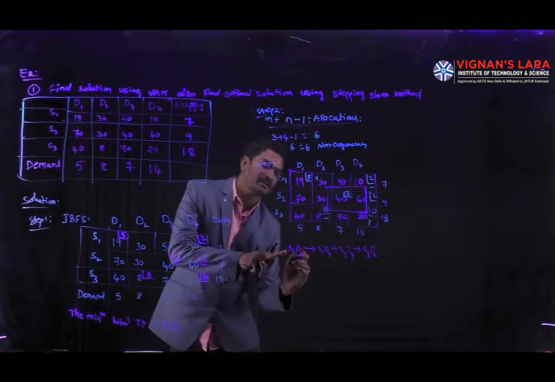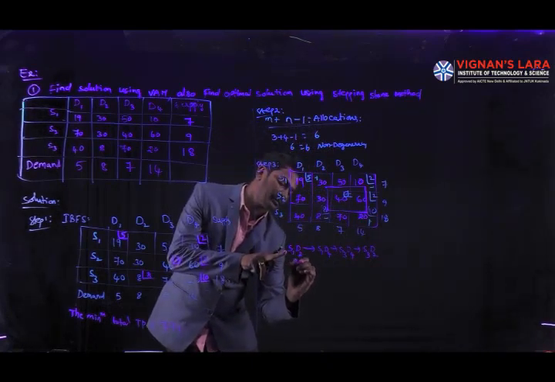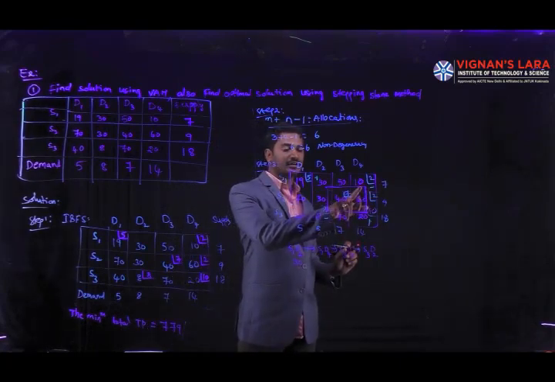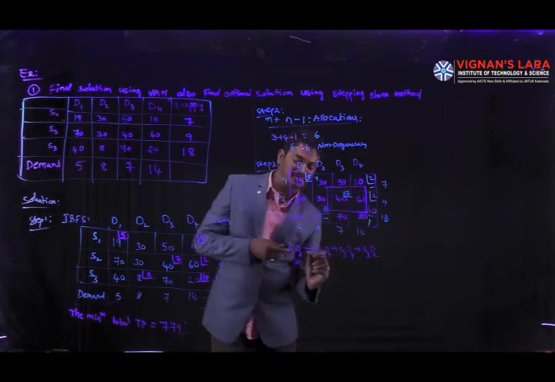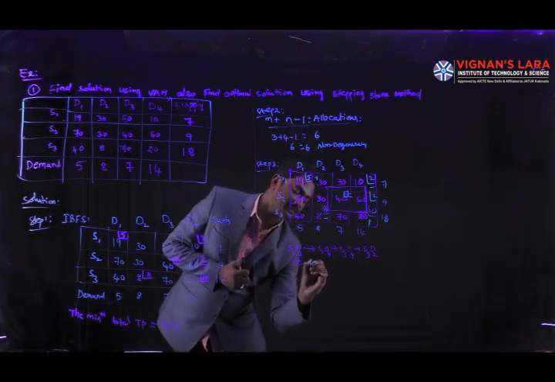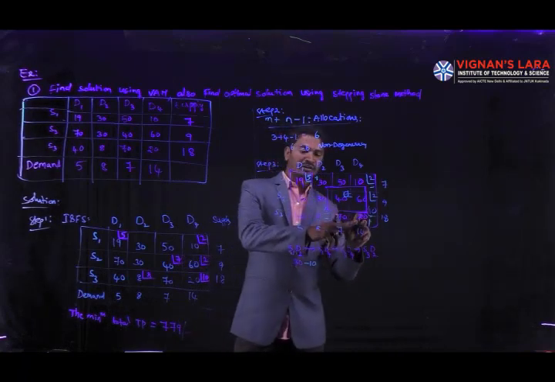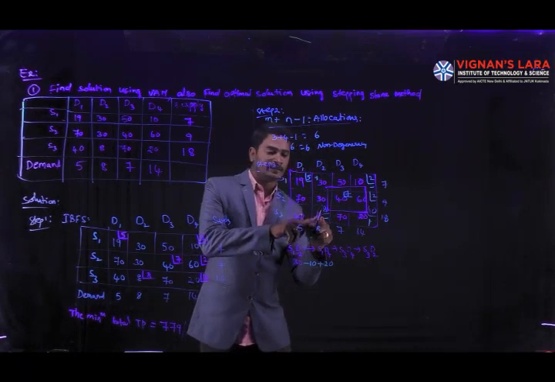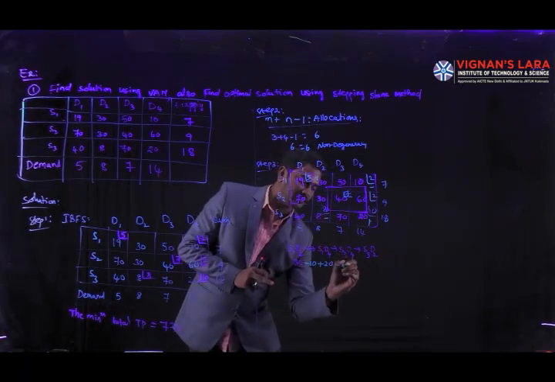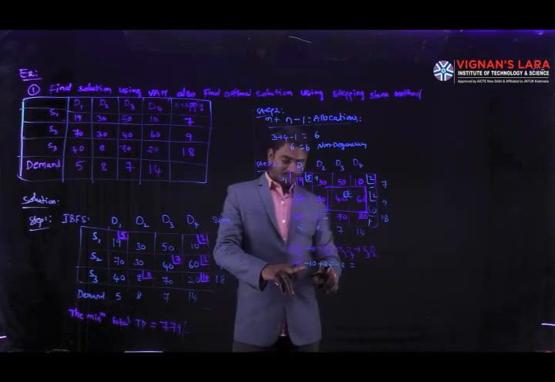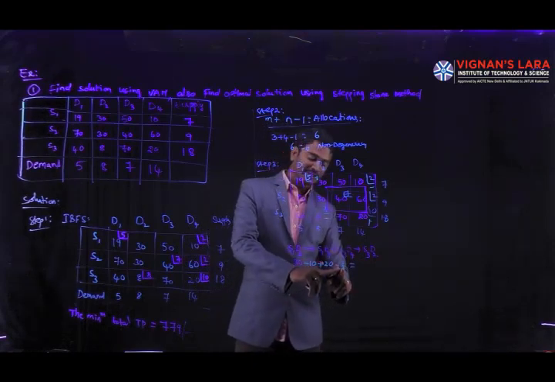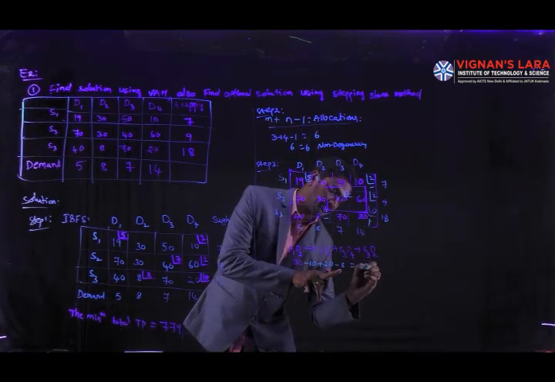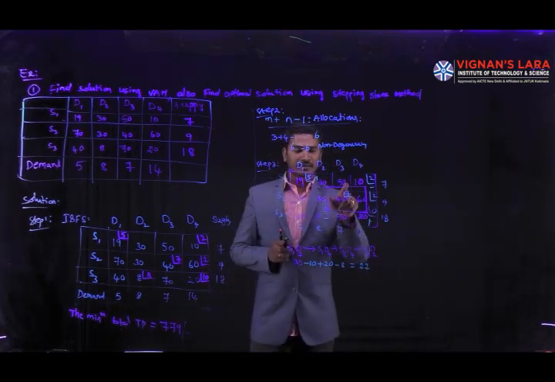How much cost is there? 30 is there. Then at S1 D4, 10 is the cost and the sign is negative. 30 minus 10. Next, here 20 is there with a positive sign, then here a negative sign, minus 8. From this we get 40 minus 18, which is 22. Okay, it is over.